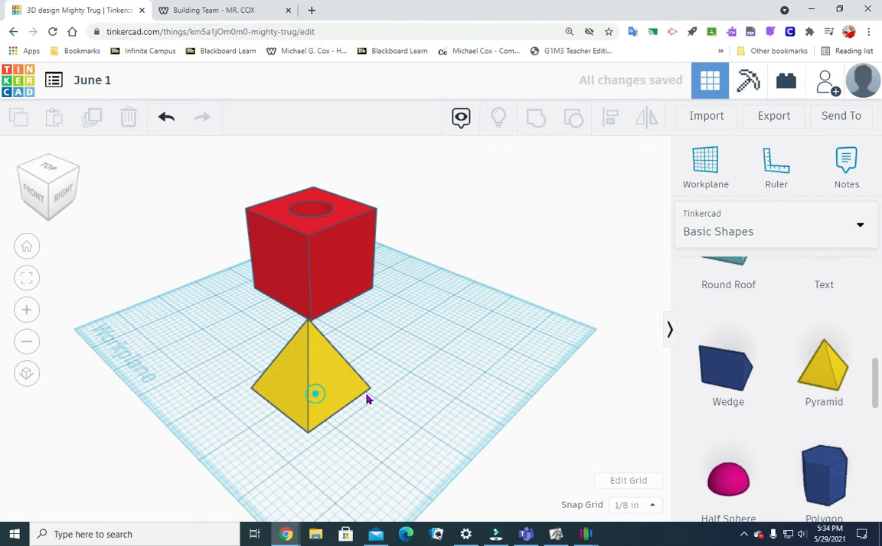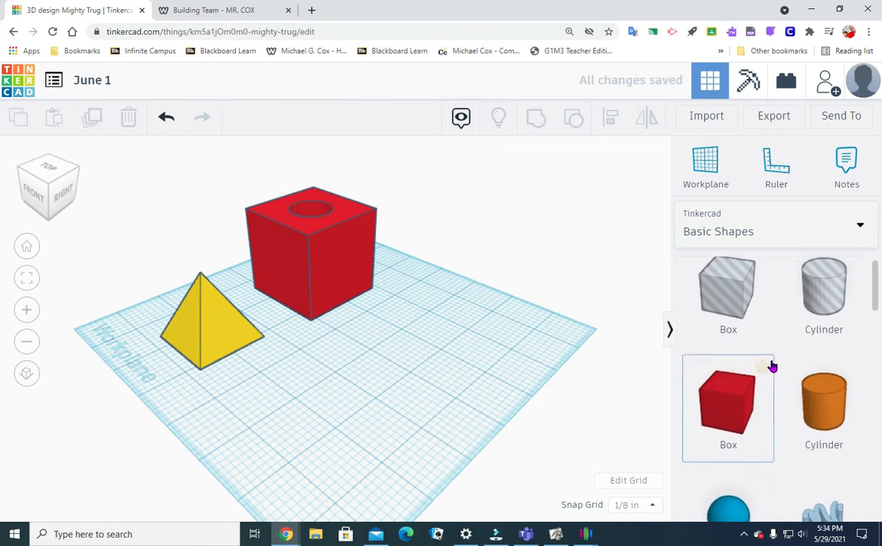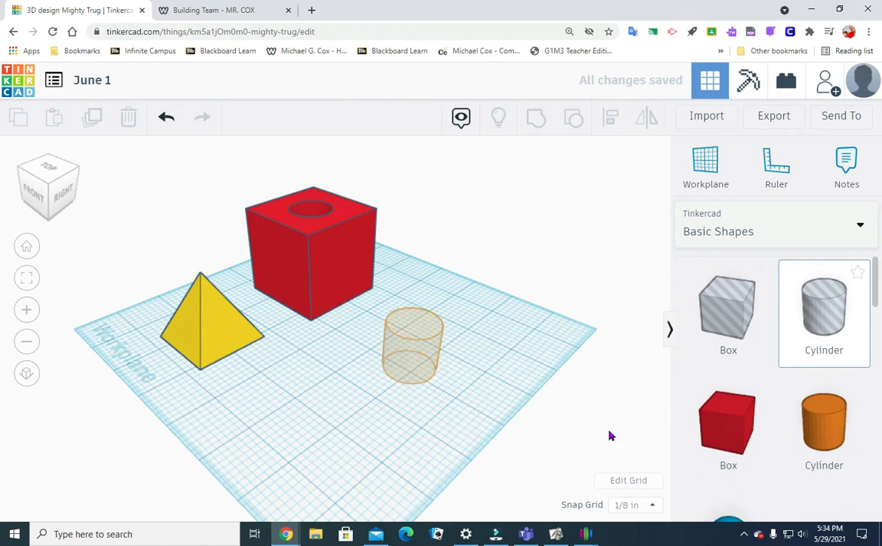Okay, and that's the same thing that we just had. Now let's put a different hole. Let's put another hole in. So I'm going to go back up here to the hole. Let's make the hole,